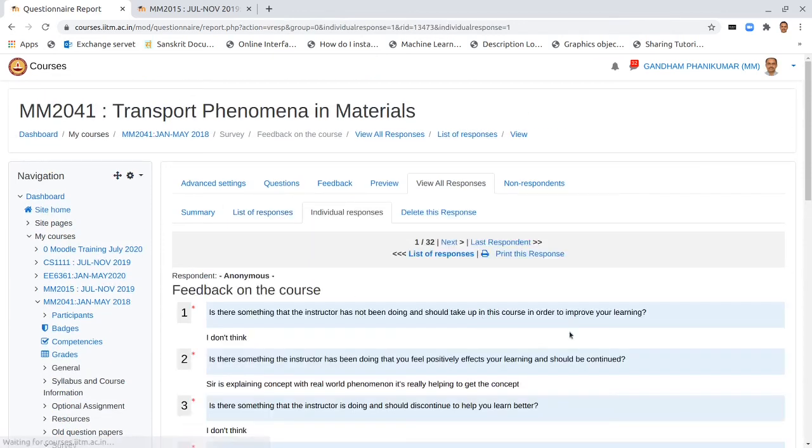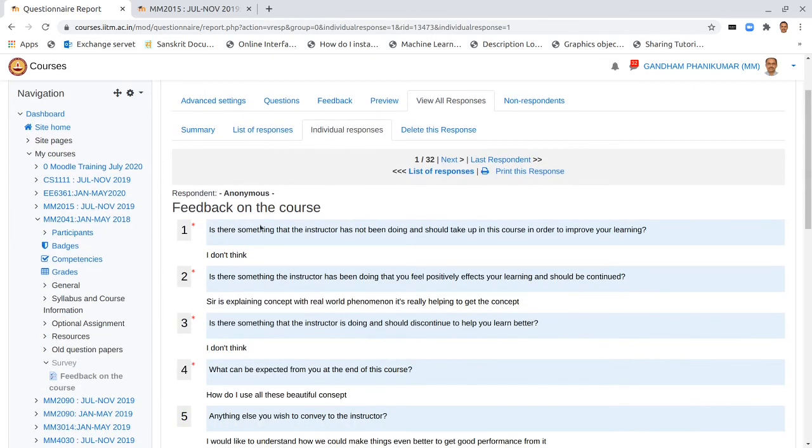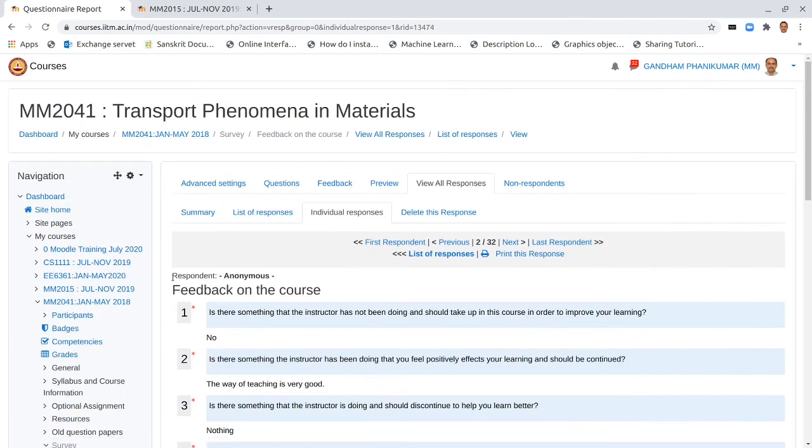And when I click each of those responses, I actually don't have information about who responded like that. You can see here it says anonymous. I go to the next respondent, it says anonymous, which means that the setting of the respondent name to be anonymous is working out quite well. Now it's important that we show this to the students so that they can give their feedback confidently.